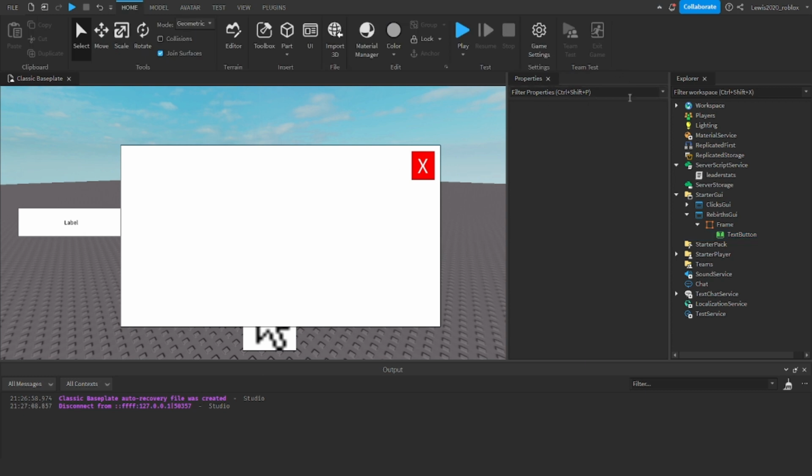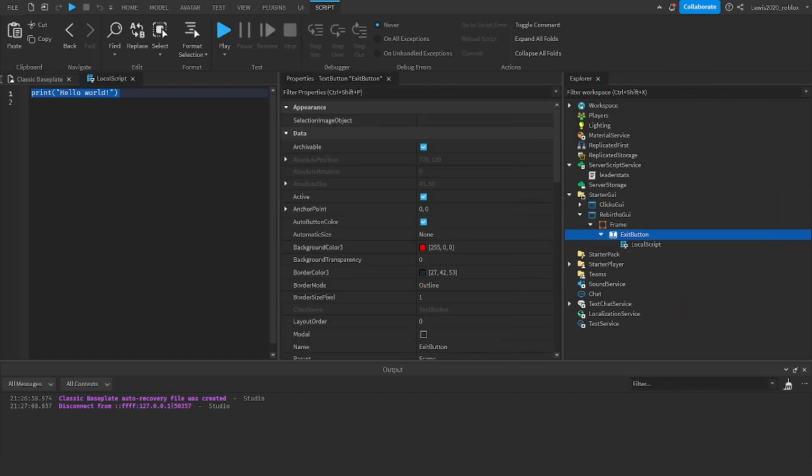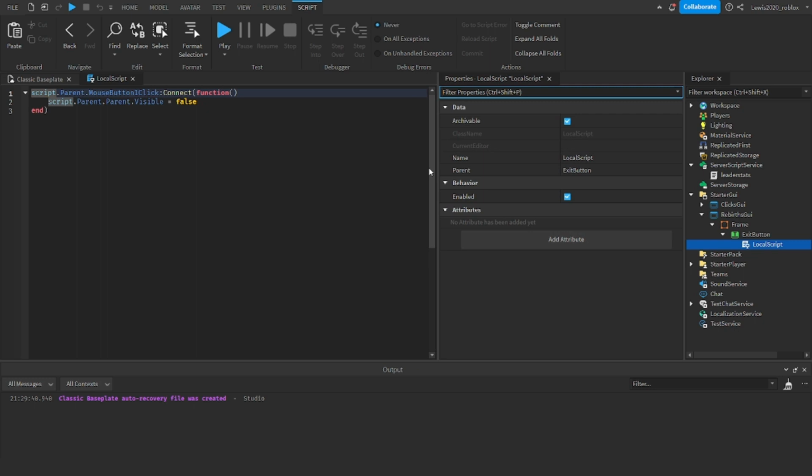Then we have a little X button up in the corner. So name it exit button, and add in a local script. Copy exactly this. Okay, now that you've copied it,